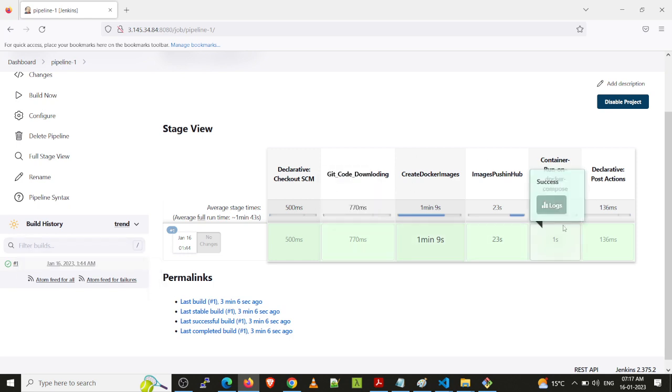So this thing we have created. If we want to change something inside the container, we have to run it again. So we can do that. There is versioning, which means a new version, a new tag, will be created.